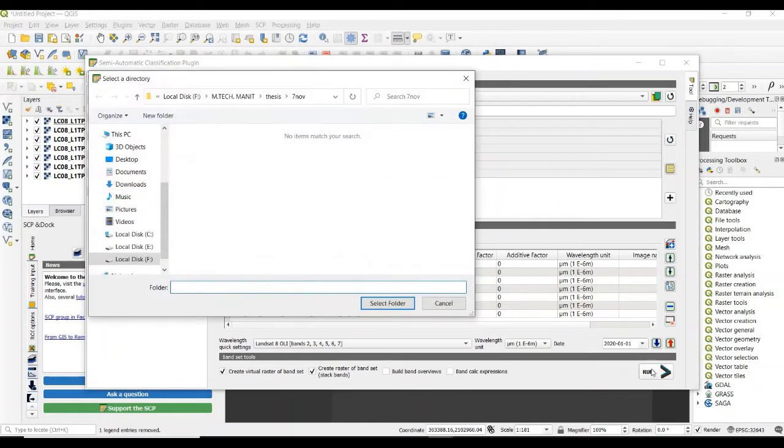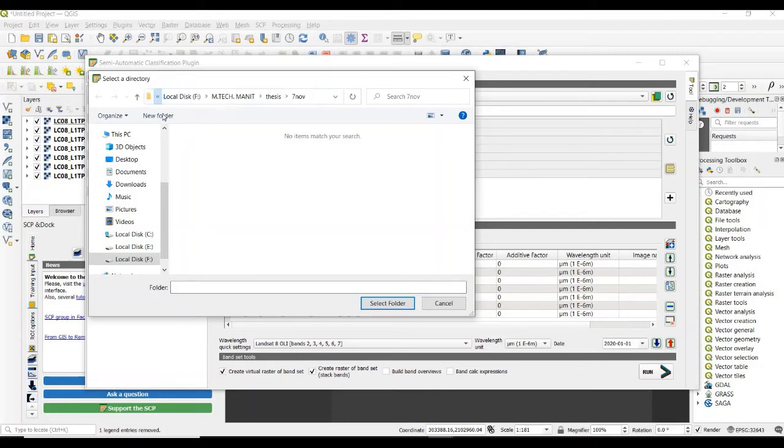run. So this type of window appears. So you need to give the location where you need to save your band composite.